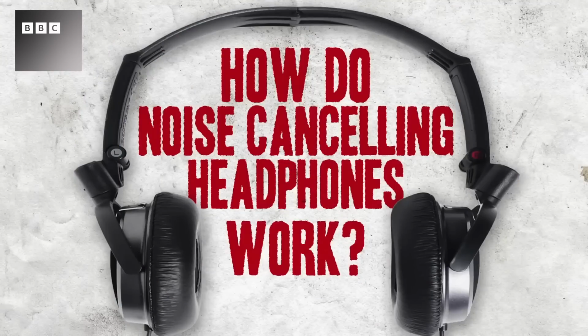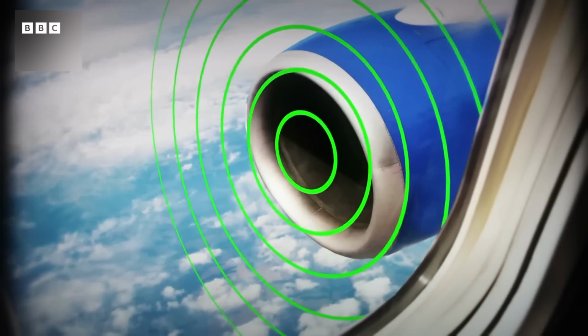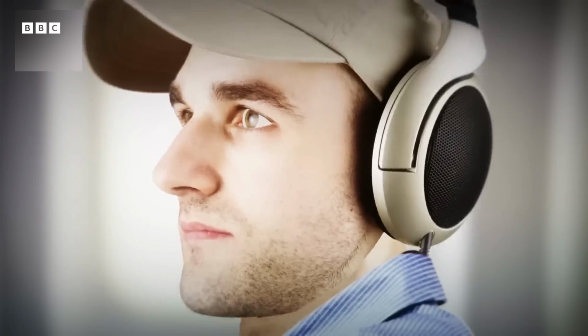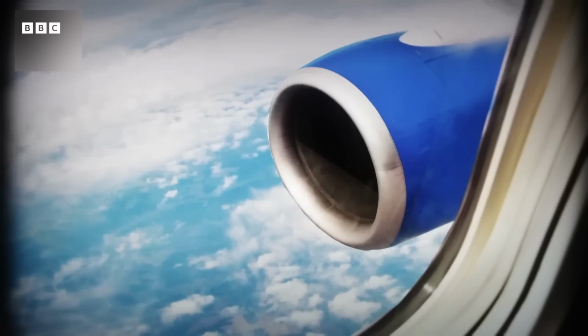How do noise-cancelling headphones work? If you're wearing a pair of headphones on a long aeroplane flight, there are two sounds of interest to you. Whatever it is you're trying to listen to, and the tiresome drone of the engines. The sound of the engines is coming from outside the headphones. Your music is coming from within. The genius of noise-cancelling headphones is that they can get rid of the sound of the engines without interfering with